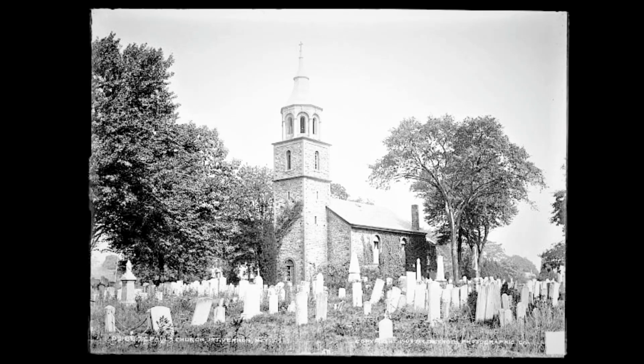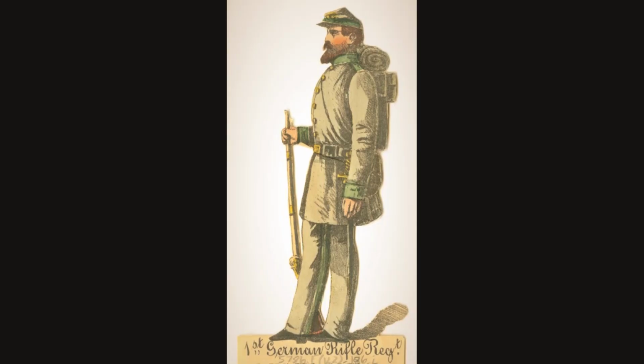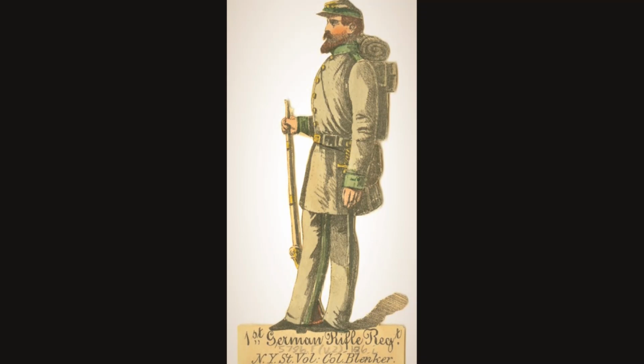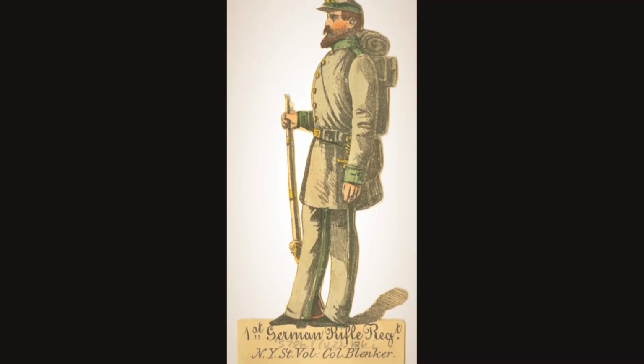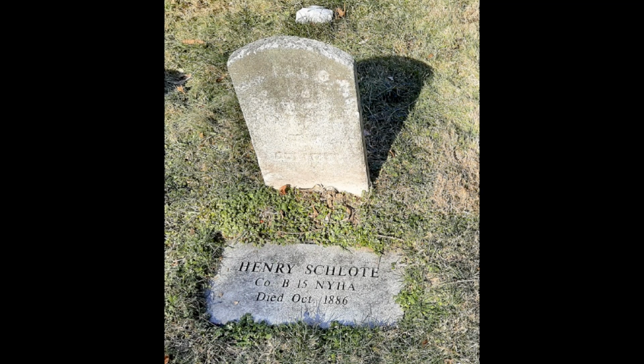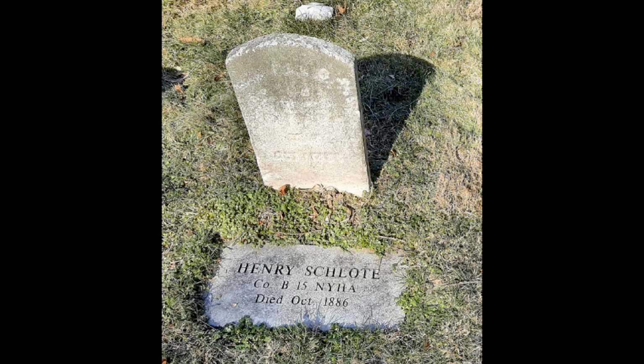Picture these images of the stone and brick church, surrounded by the tombstones of the historic cemetery. Today, we'll be exploring the life of Henry Schlote, a German immigrant and Civil War veteran who served in 2 New York regiments during the war. Henry Schlote is buried in the site's historic cemetery, and his improved light gray granite head gravestone with inscription is